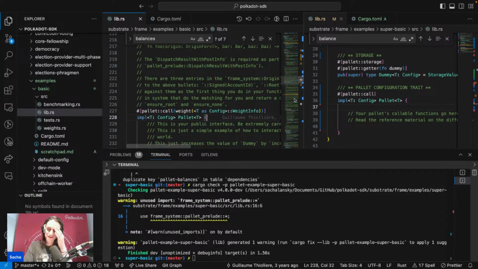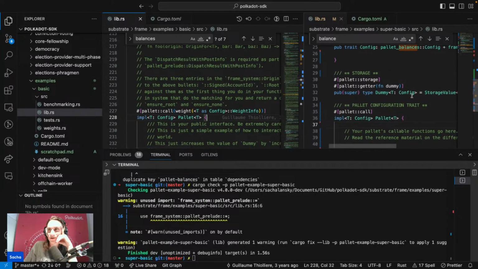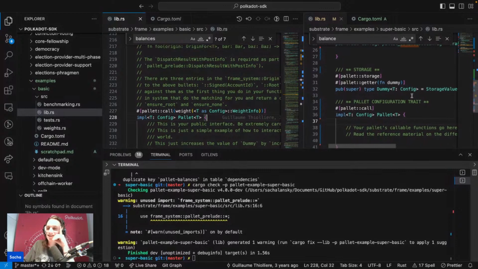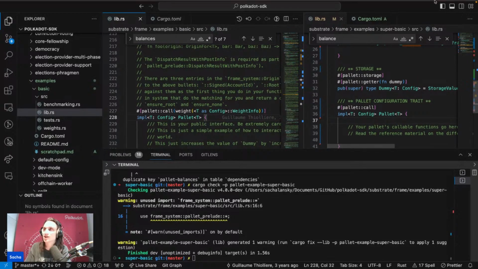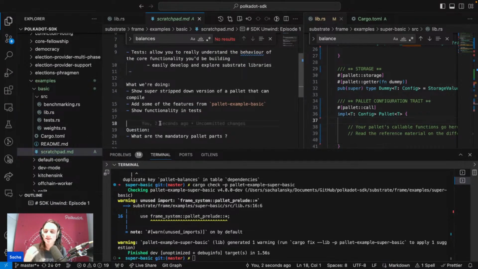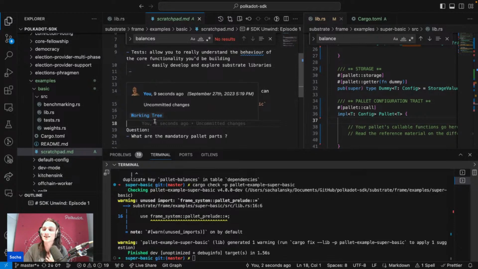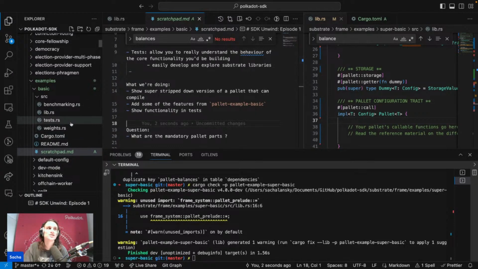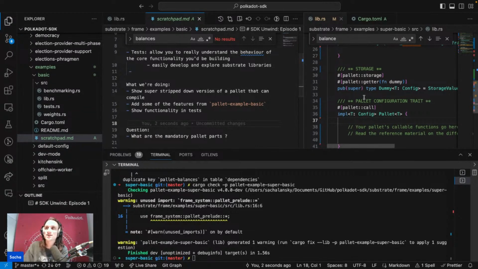What I could do is something super simple. Actually, this is a tip that I will share and put in my scratchpad. I can use this feature in FRAME called dev mode. Funnily enough, in our examples folder, there's an entire pallet dedicated to showing how to use this feature. But we're just going to do it,